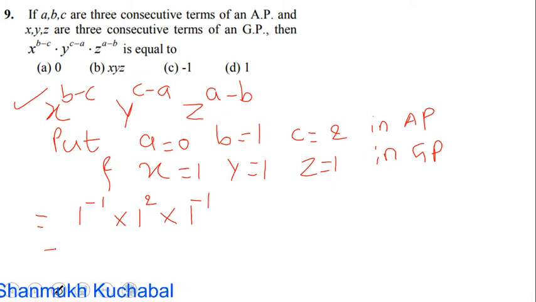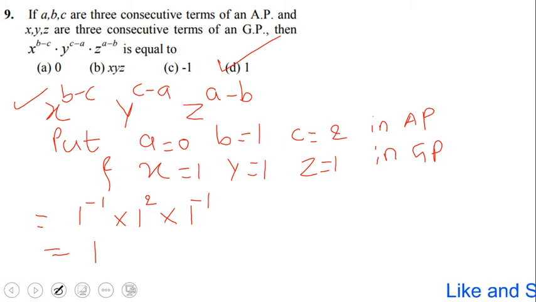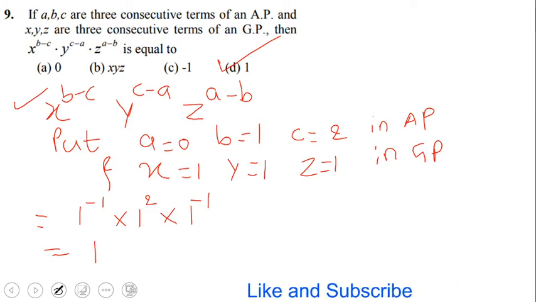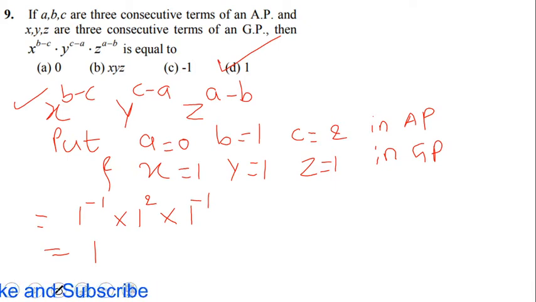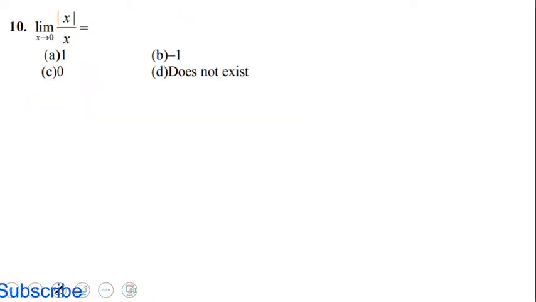So simplifying this, we get it as a 1 here. So clearly option D is the right answer over here. So like this, AP means arithmetic mean we have to use it, GP means geometric mean we have to take it, and substitution we have to do it. So it should satisfy the AP condition and GP condition, and then we'll get a solution for this. Okay, so we'll move to our next example.